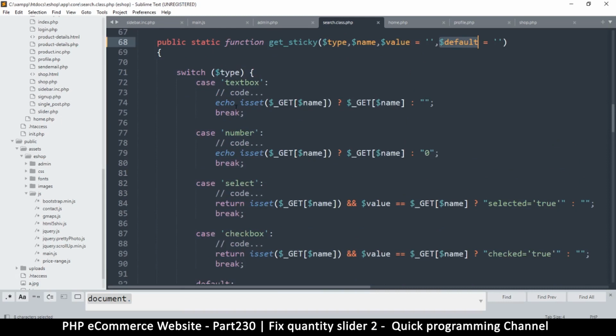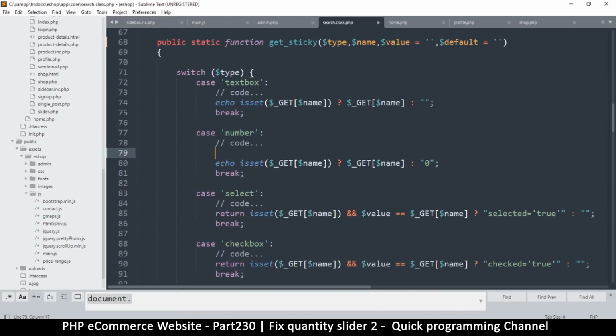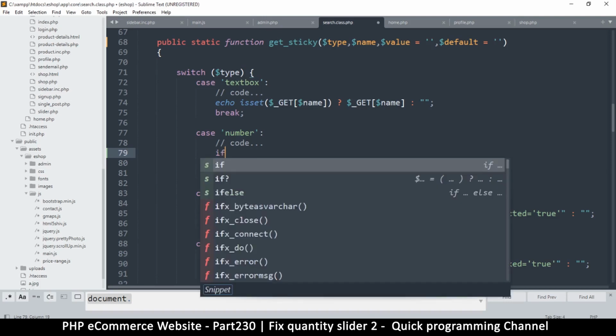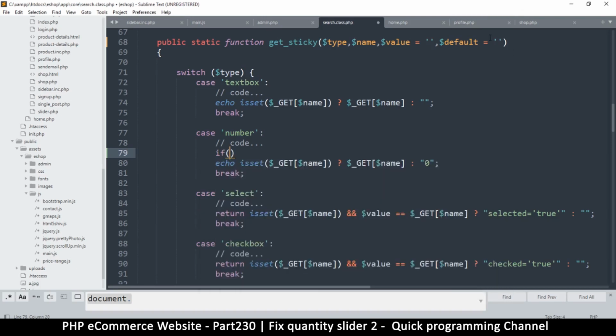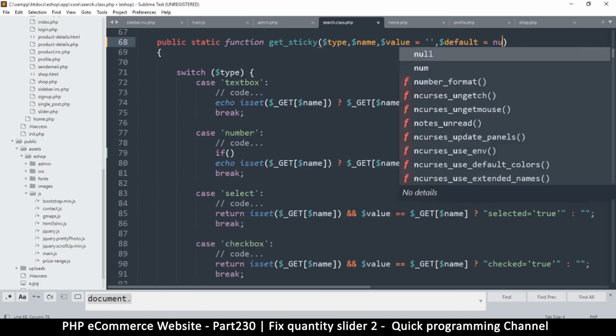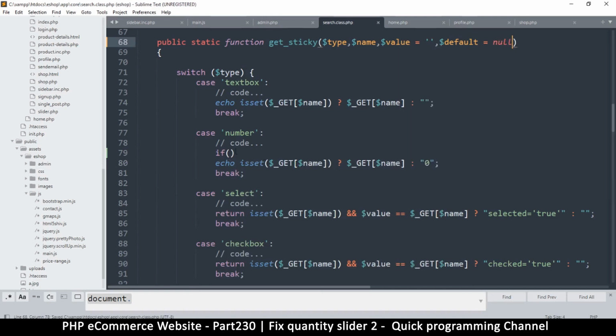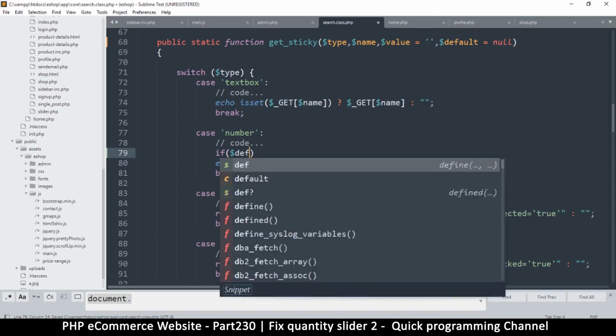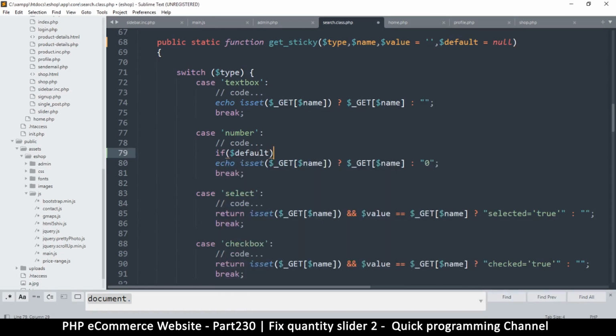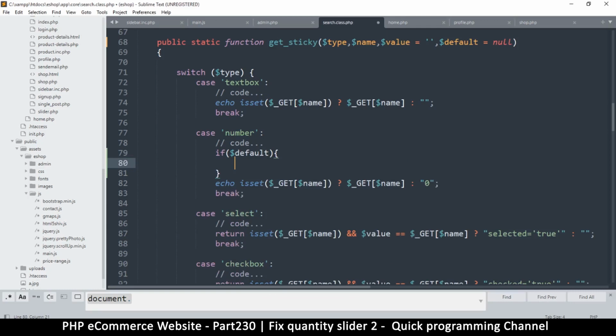and right here on the number, I can put this on any of these, but right now we just need it on the number. So I'm going to say if, let me set it to no. That way I can check properly if it's there. If default, like this,